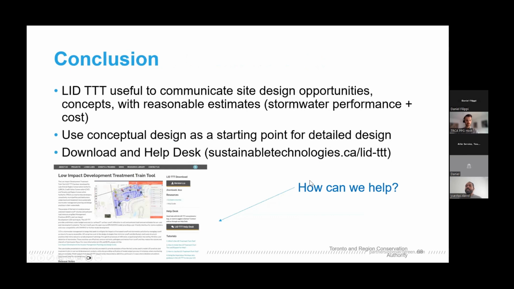So finally, the treatment train tool is useful to communicate site design opportunities and concepts with reasonable estimates for stormwater performance and cost. You can use your conceptual design as a starting point for detailed design to pass on to your stormwater engineer. And here is the site that you could